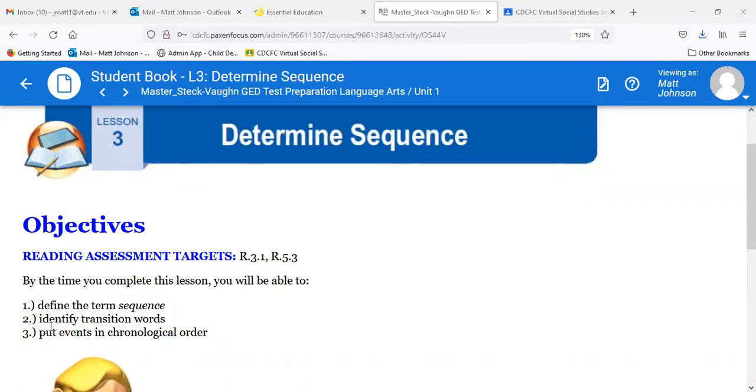But this idea here, identify transition words. So a larger idea here is signal words. There's going to be certain phrases and words that we'll see that are getting ready to tell us something. In this case, since we're dealing with sequence, we're going to see stuff like first, secondly, or lastly, are all signal words to tell us the order of events and how things